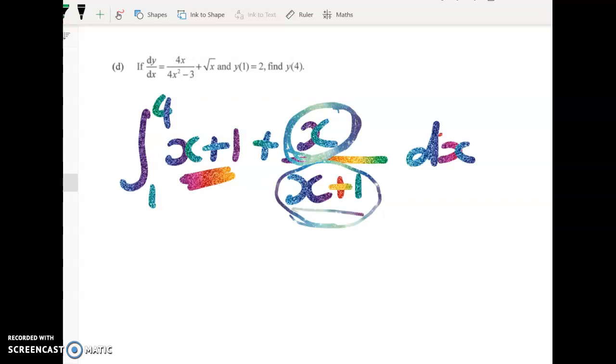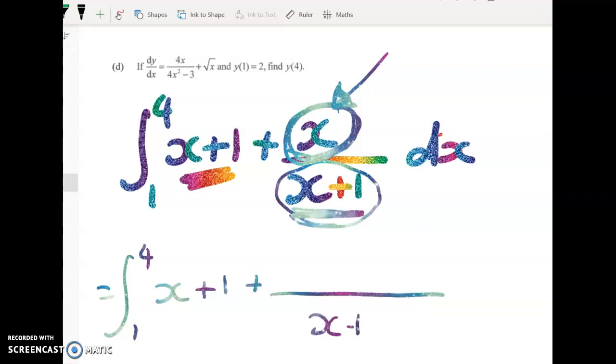But the derivative of this thing down here is just 1. So it's not going to be a completely straightforward backwards chain rule because this is kind of extra, unwanted stuff. So what we have to do is to rewrite the x over x plus 1 to give us what we need. So let's try that now. So if we rewrite it like this,